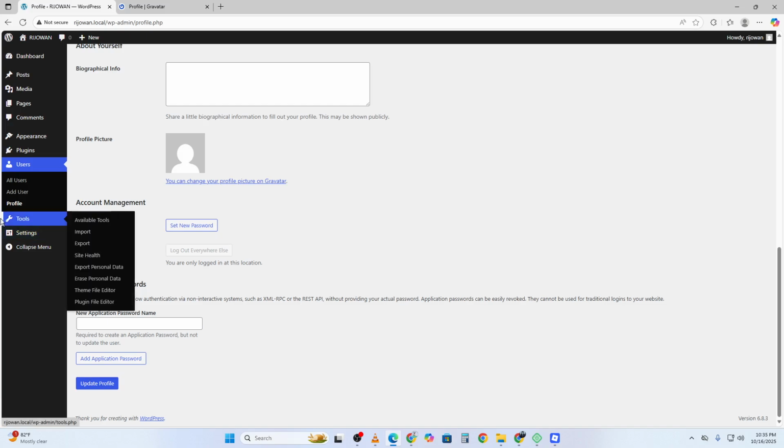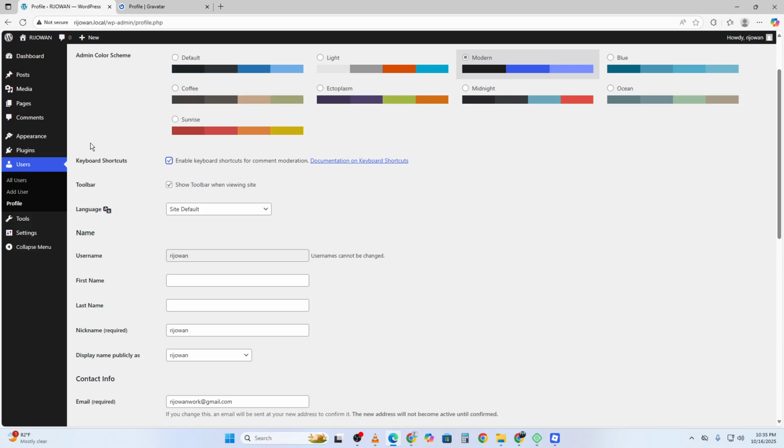Now, when you visit the comments section, you can use simple keyboard commands to approve, delete, or reply, all without touching your mouse. It's a small tweak, but it can save you a lot of time if you handle multiple